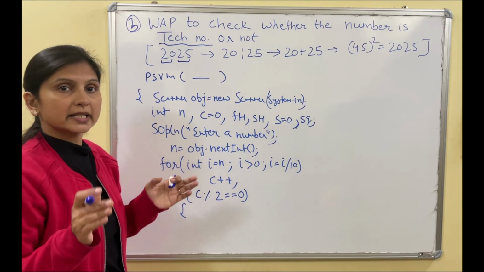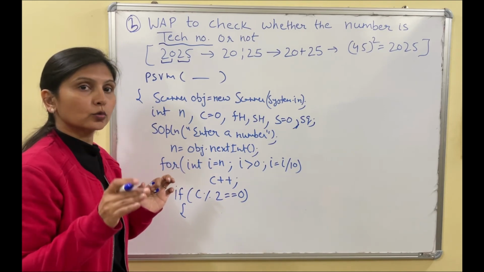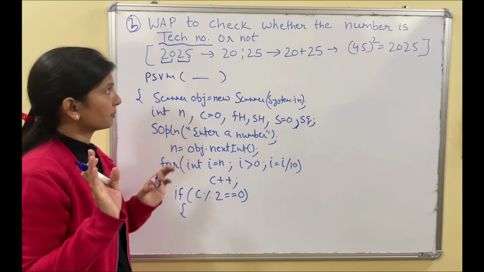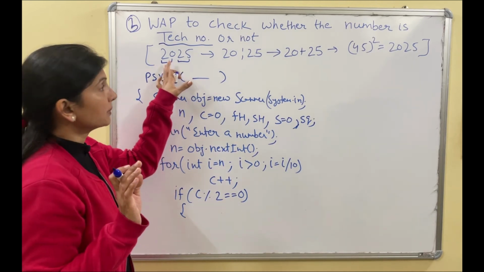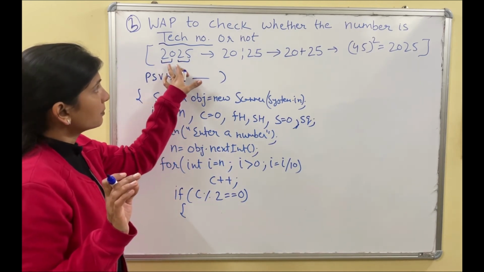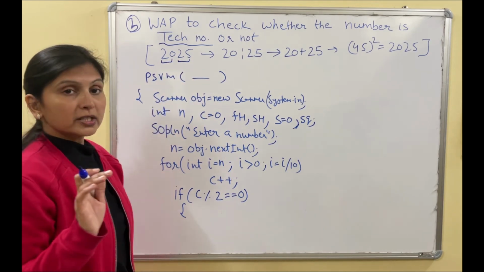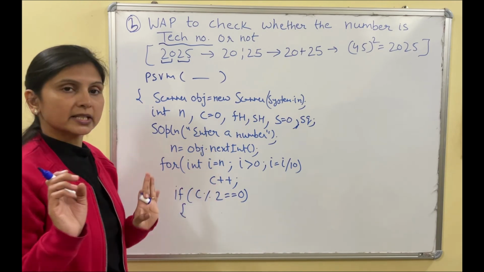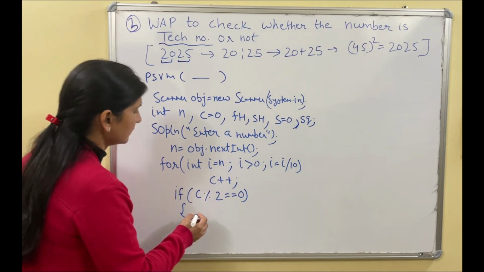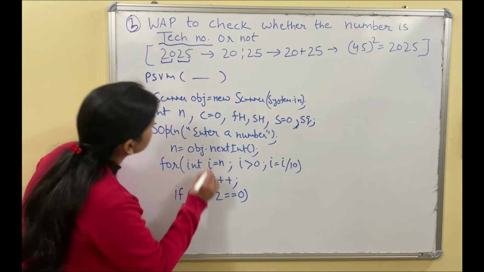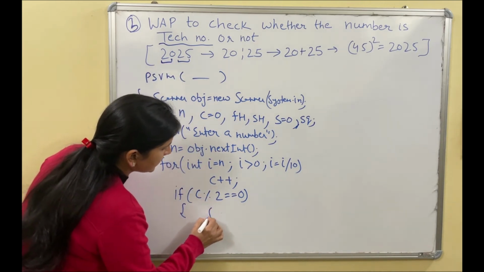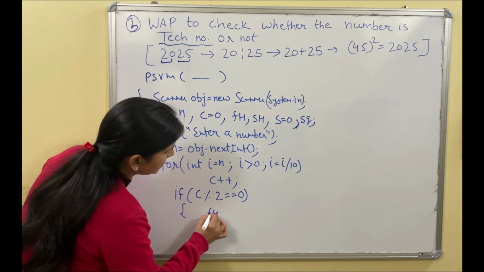But if this is 6 digits, then 10 raised to power 3, that is 1000. So we will divide by 1000 and take the mod of 1000, the remainder, fine. But which logic shall I apply here? First we have counted the number of digits, right? Then I will write here for the first half we will use the slash. Let's see, fh, the first half,